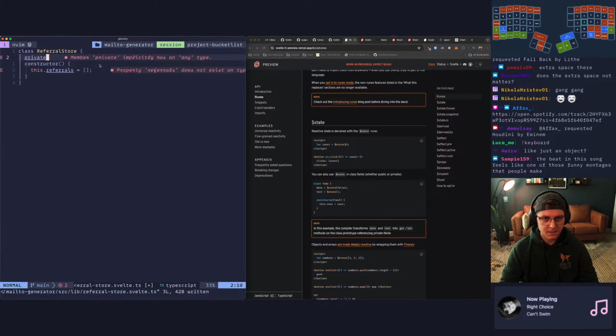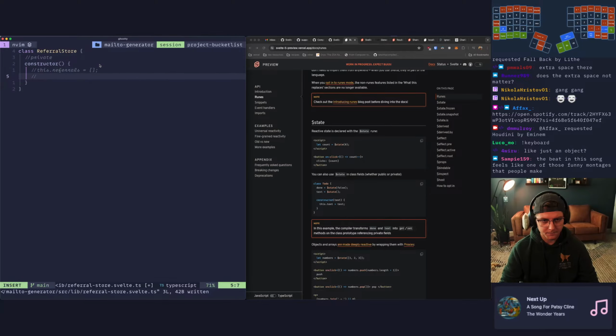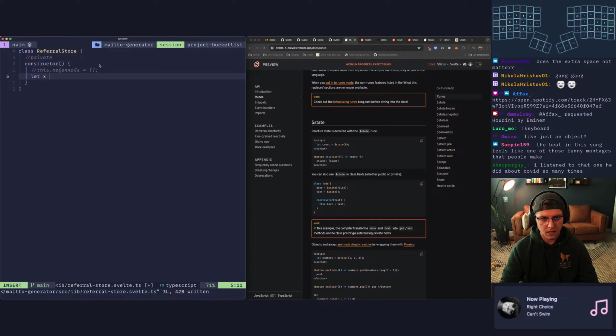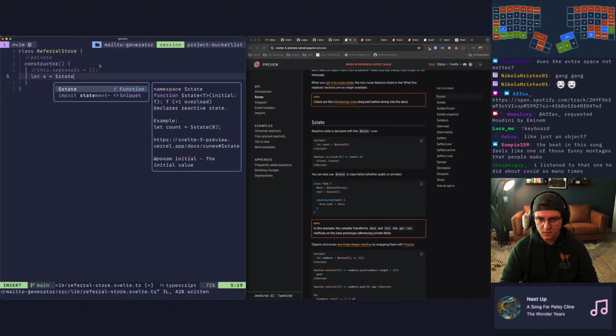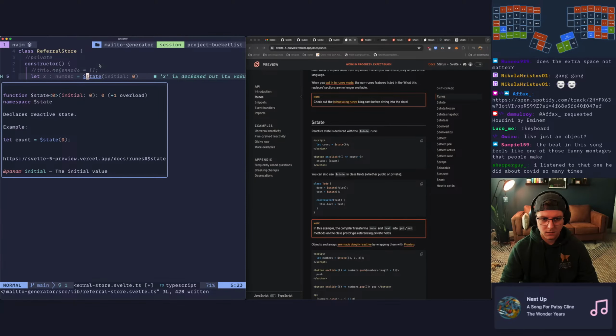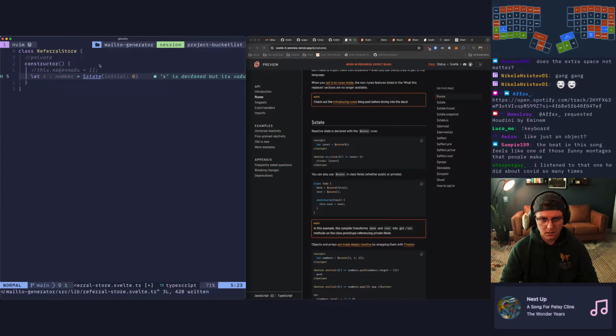I need to find the types for something like, if I do let x equals, where's my $ sign? State. I need the type for this. Okay, so I can just use normal types.